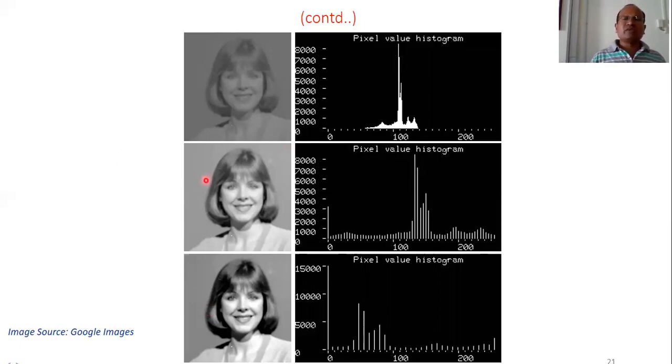In this example, which you can see now, it can obviously be seen that the quality of the third image is much better than the first and second images. That is how histogram equalization works. You can compare the first histogram and the second histogram. In the second histogram, a wide distribution is observed.